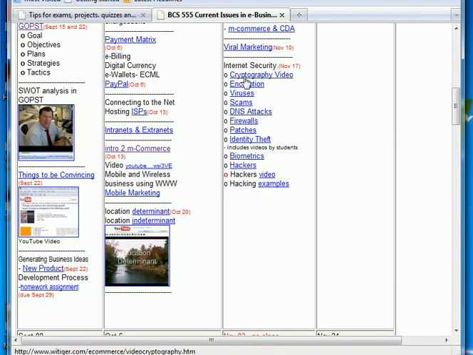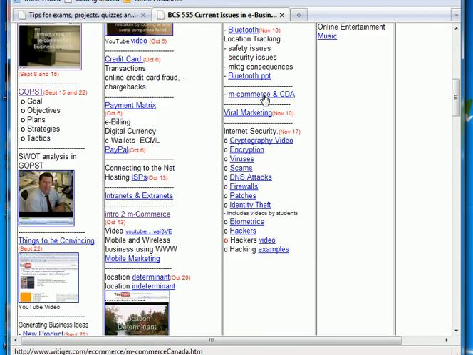For example, if I talk about identity theft or security or scams, you'll work those into your ethnic newspaper. For example, you might even say that the ethnic newspaper is going to have articles telling people in the community how to avoid scams and identity thefts. When we talk about things to be convincing about and goals and objectives, you're going to have a goal for the ethnic newspaper. And what are the objectives that the website is going to accomplish within that corporate goal?